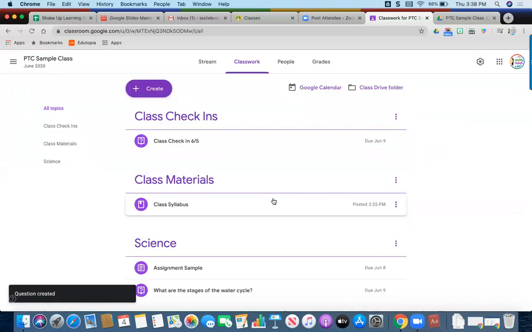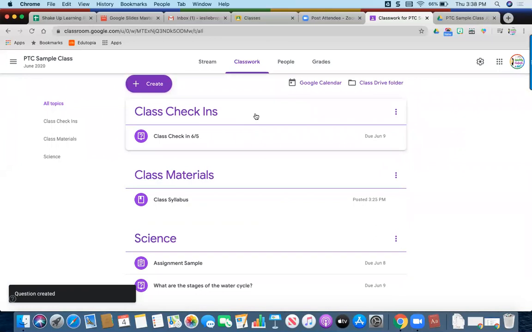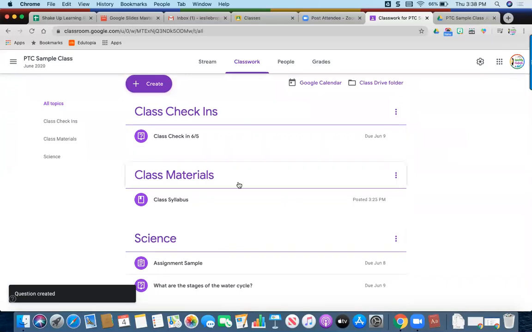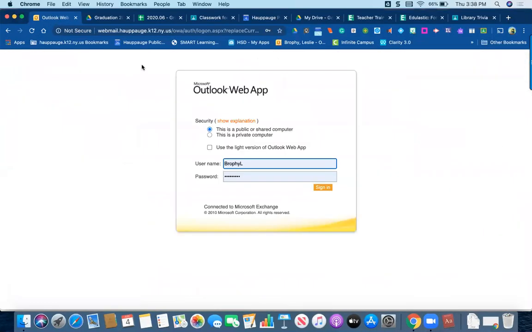So this is the basics. Now my class check-ins on the top, this is how the class check-ins were, class material, and my different, you kind of can see where we're going with all this. Now, I am going to bring you to my class. Just gotta move this out of the way because I want to show you some of the different features within